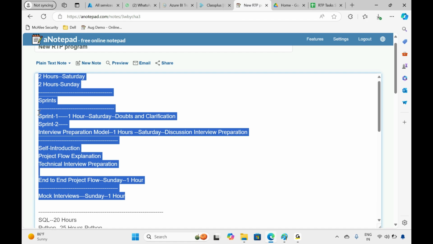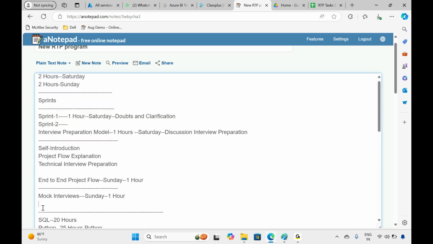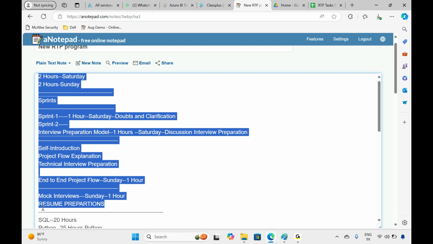We also help with resume preparation, with the projects. We help them put 3 to 4 projects in their resumes. Those projects never repeat across any student or any company. We keep different projects for the 3 to 4 projects. So we are making them 100 percent ready for cracking interviews.